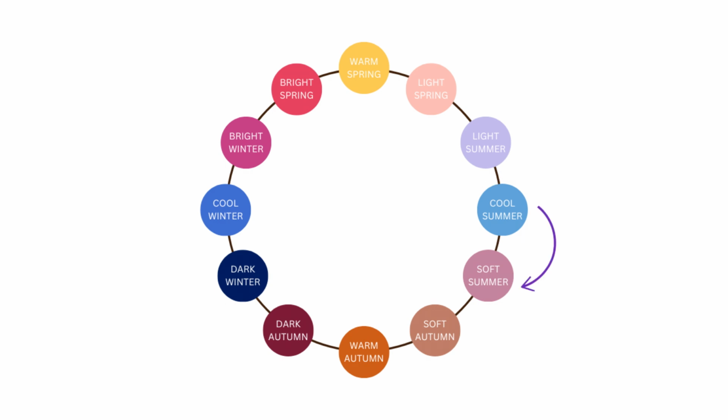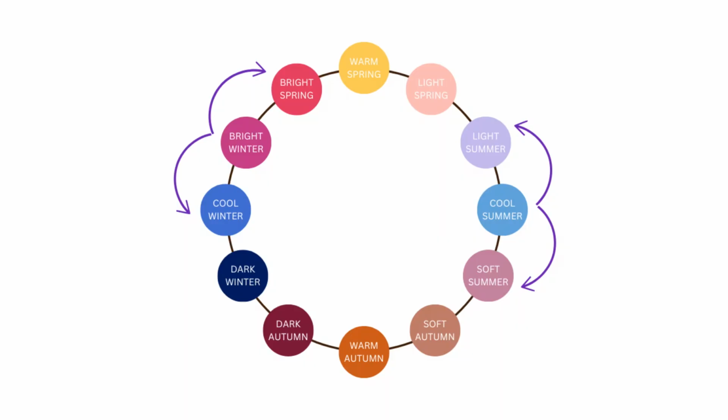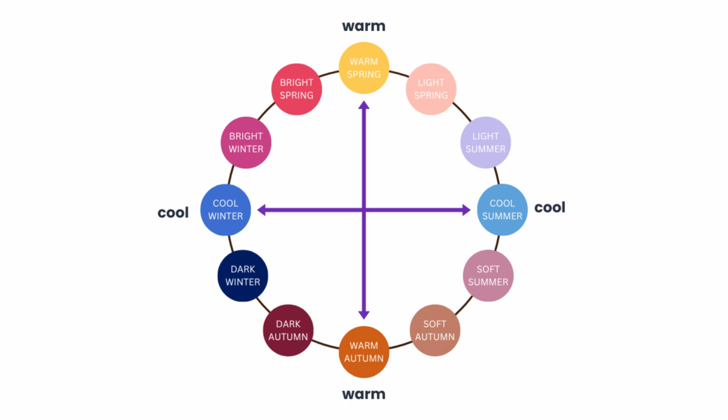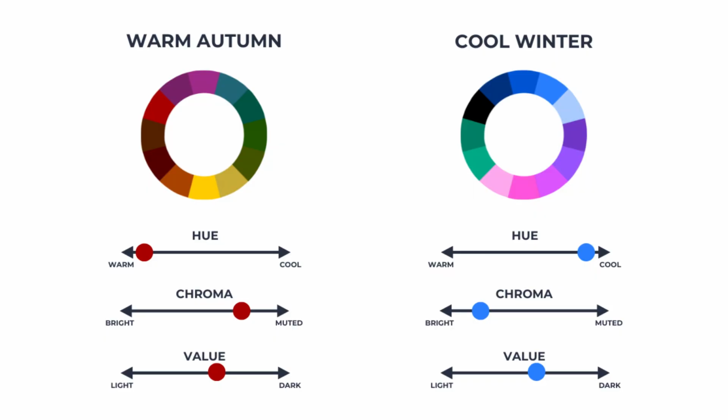Another person who is a cool summer may lean towards autumn. Their sister season would be a soft summer. Something to note, you can only be between two seasons that are neighboring on the color wheel, with exception for warm spring and warm autumn, or cool winter and cool summer, because even though they are on the opposite ends of the color wheel, they share similar features. Other than that, it's impossible to be between two seasons that don't have much in common. For example, a cool winter can't have a warm autumn as their sister season. From the very definition of cool winter, warm autumn colors are the most unflattering for you.